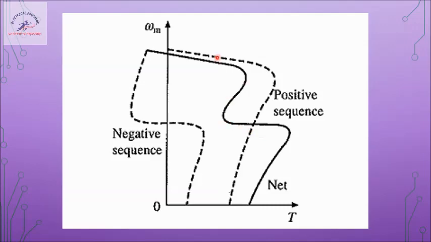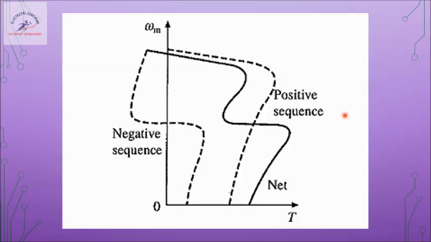If there was no imbalance, then the positive sequence torque would be the only torque present, but because of the rotor imbalance, at different values of slip we are getting different kinds of torque. At slip equal to 0.5, we see that there is a dip in the torque. The torque was supposed to be like this, but when slip is 0.5, the torque suddenly drops.